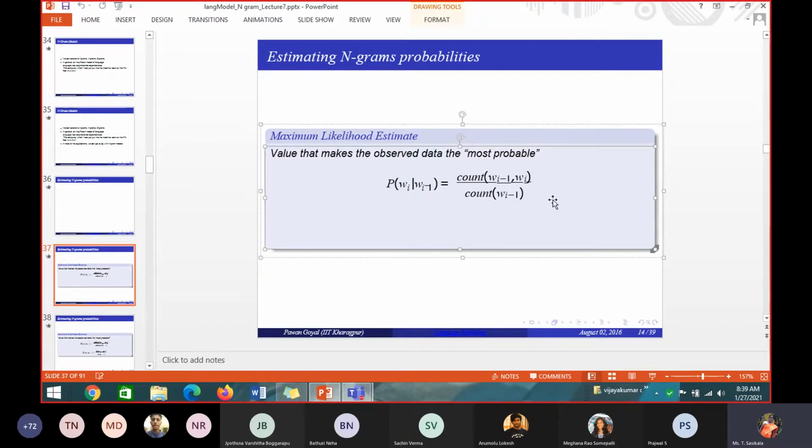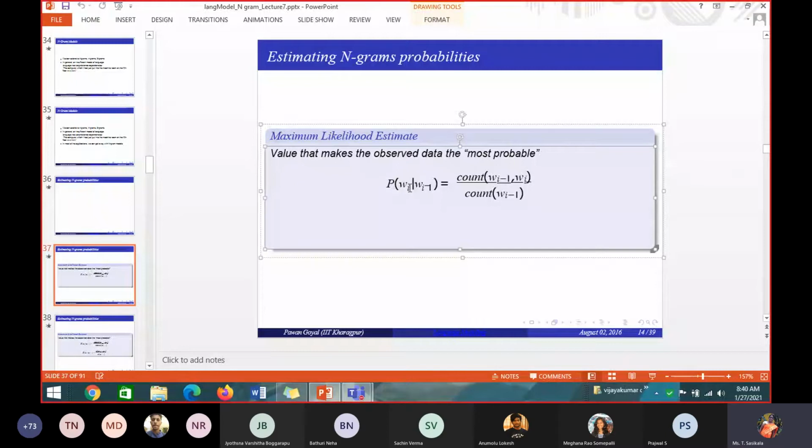Can you interpret this formula again? See, for example, I ate dash. I ate food, or I ate apple. The dash is WI. So the dash can be filled by using the previous word. The previous word is taken as WI minus 1.